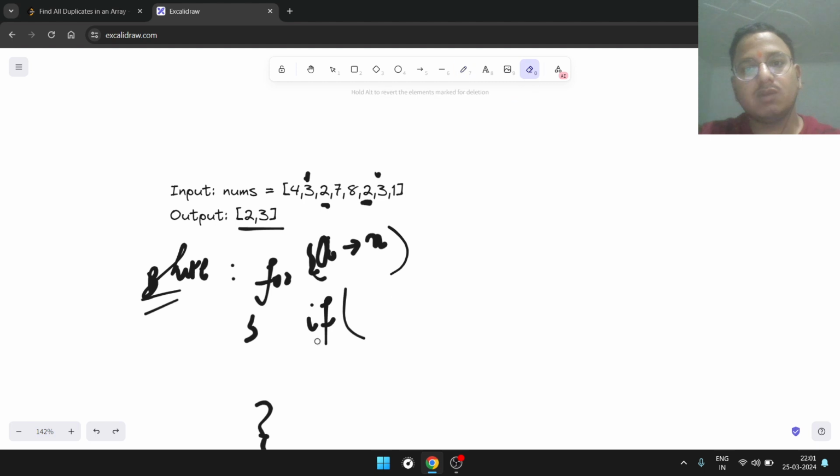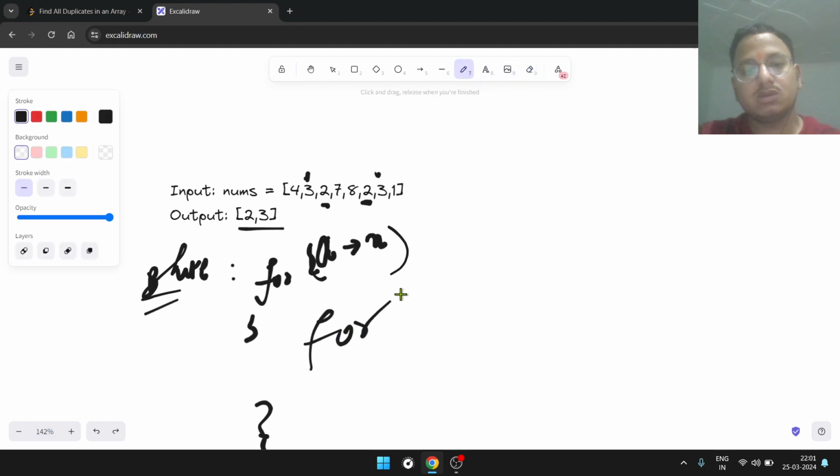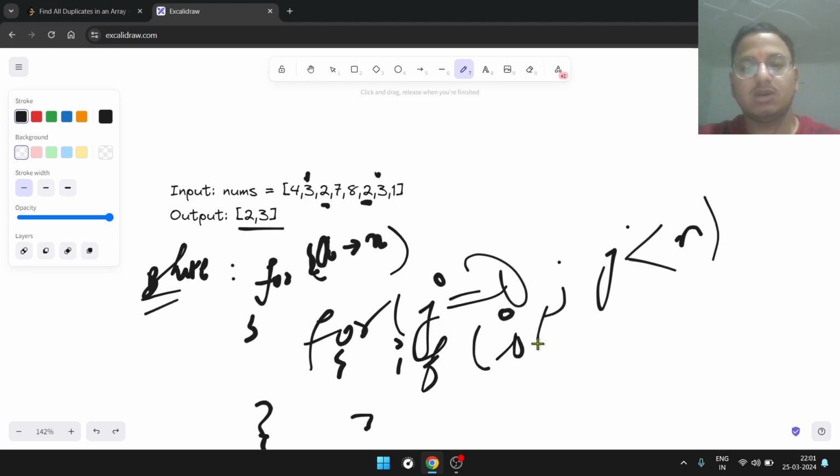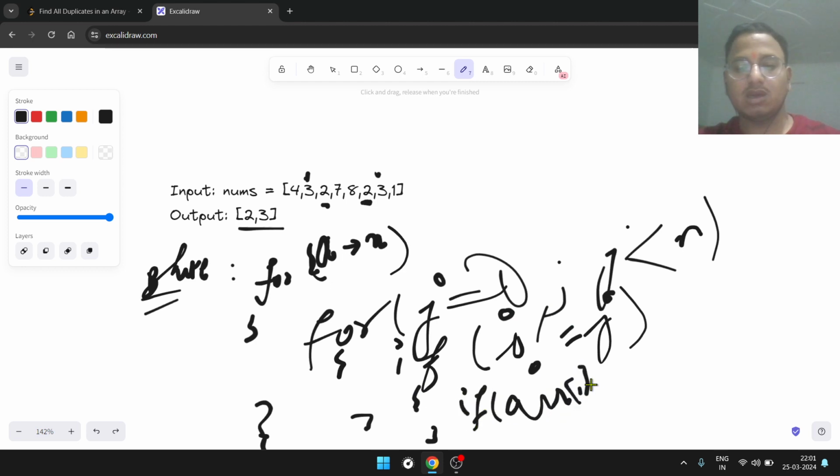Inside the loop there will be another loop, for j equals 0 and j less than n and j plus plus, and inside that we will have a condition i not equals to j. That means we do not compare the same index, and inside that if we are able to find the same element, that is if arr[i] equals arr[j], that means there is a repetition. In that case